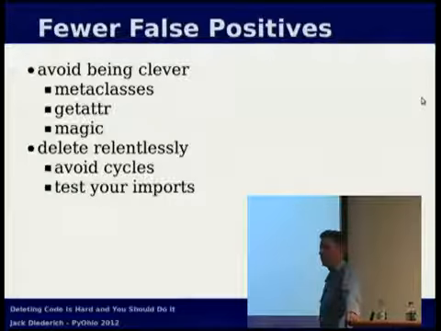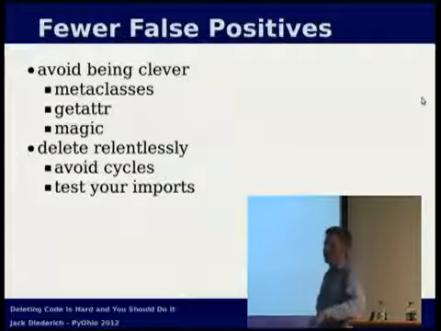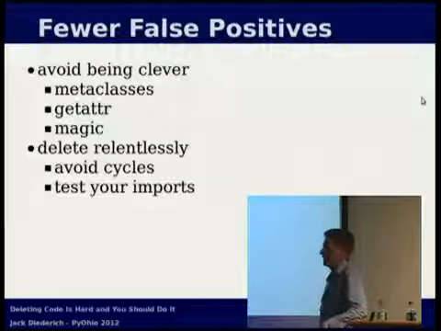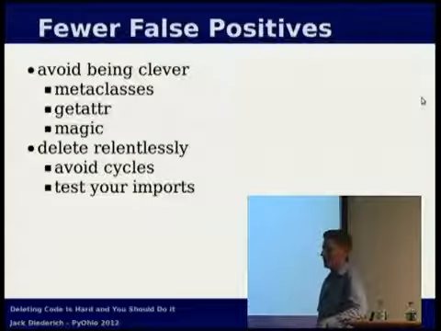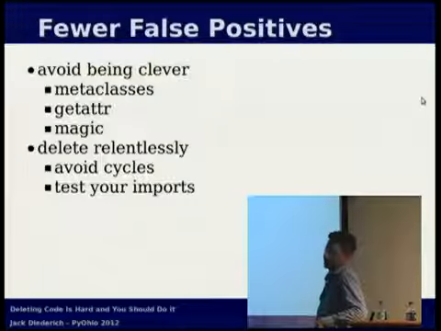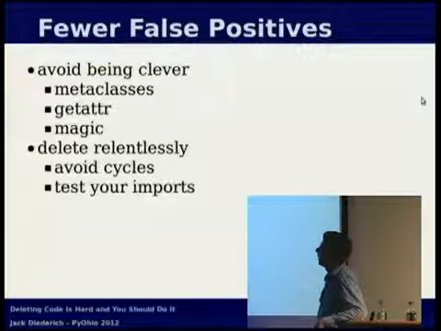Django, way back when, had the magic-removal branch, where they removed most of the magic from Django. It still has some metaclass tomfoolery. If you've ever used the Django admin interface and tried to customize it a little bit, it's very picky about your models inheriting from Model. It's not enough that they have the right names and the right settings. If it's not a real model, as far as Django is concerned, it'll throw a fit. Same thing for real forms. So avoid metaclasses, avoid getattrs. Again, a lot of times when you're doing that, you're simply being clever and not needed.